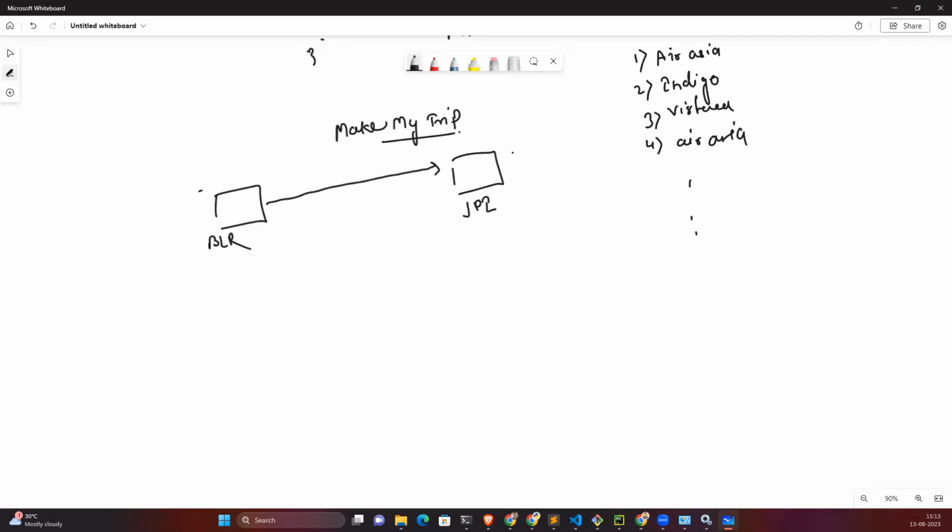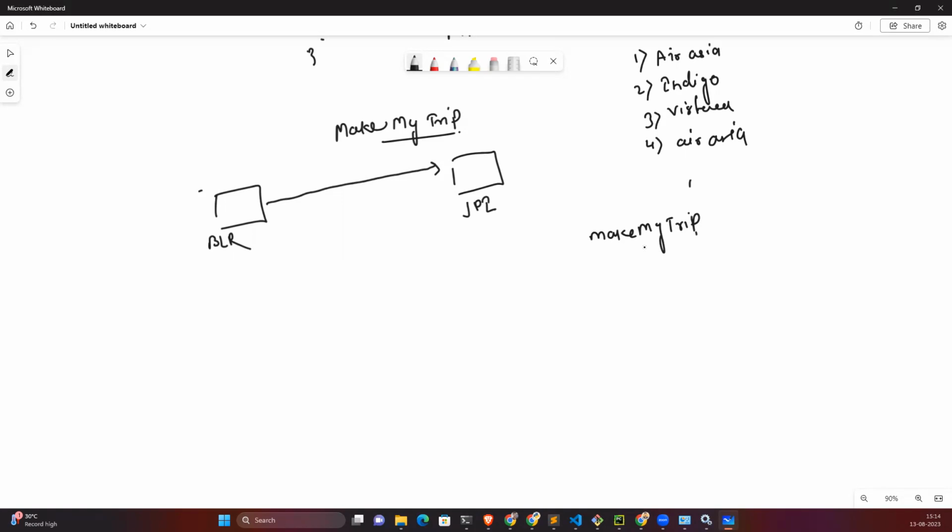ticket. So what can I do? What Make My Trip started, and remember this point, Make My Trip doesn't have any air services. Make My Trip only uses their APIs to show the price information. So if I have to go from Bangalore to Jaipur, I will go to the Make My Trip website or Sky Scanner website. As soon as I launch the Make My Trip application, it will ask for sign in. Sign in is just to get your user information so that they can publish some things inside the application.